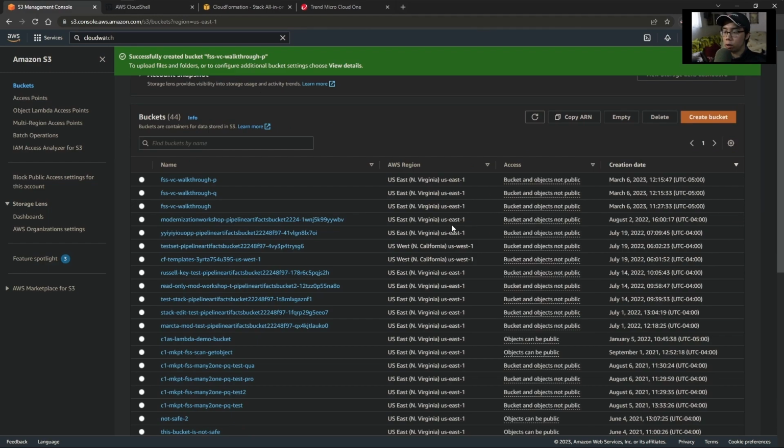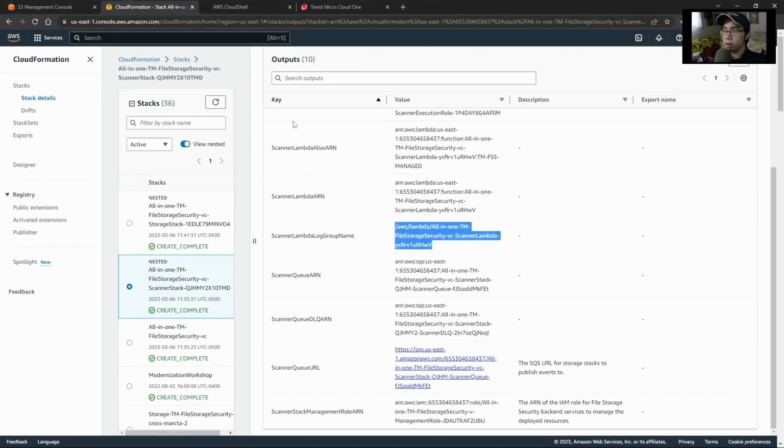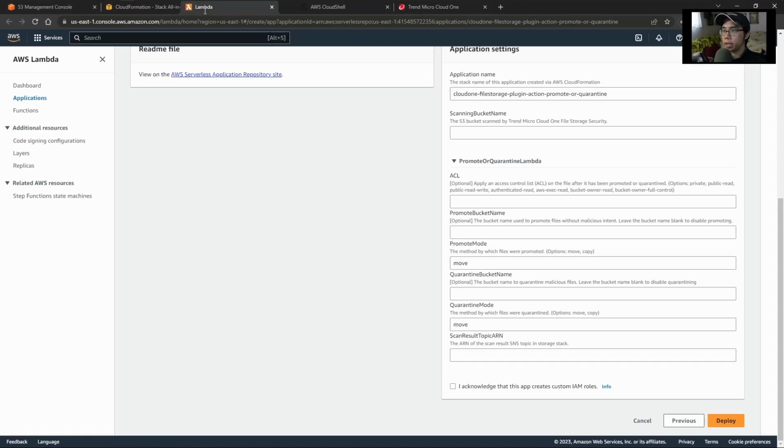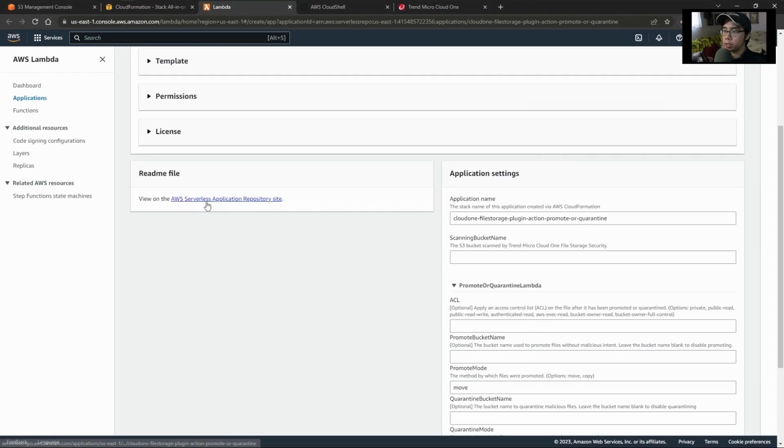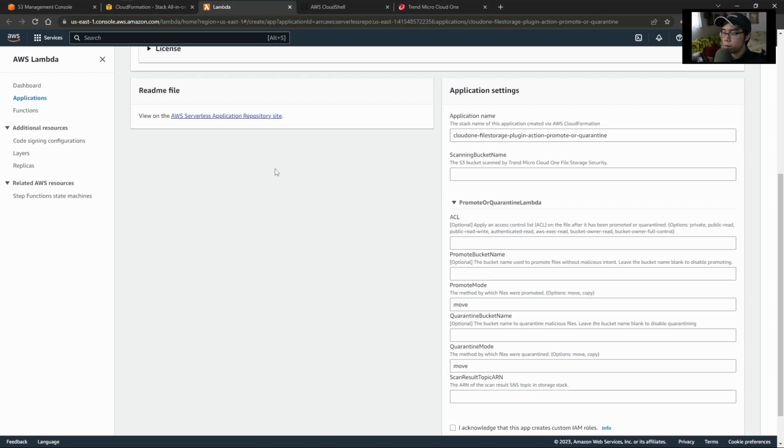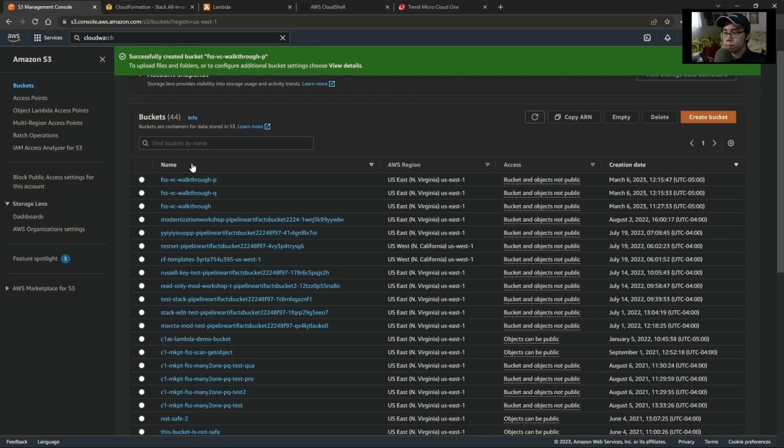Once we have our buckets provisioned, we can then supply this information, as well as some parameters from our CloudFormation template, to the serverless application we have in the AWS serverless app repository. Here in the serverless app, there are some fields we are going to fill out in application settings. The first of those, of course, being the initial upload bucket for file storage security. So I will grab this from the console